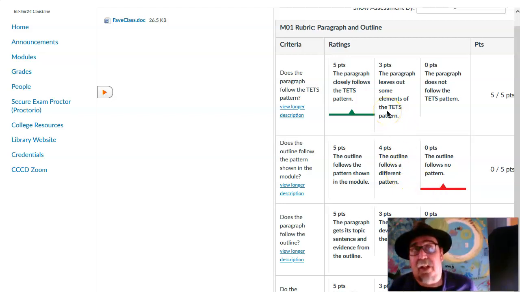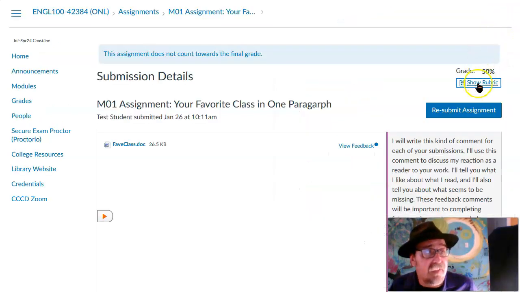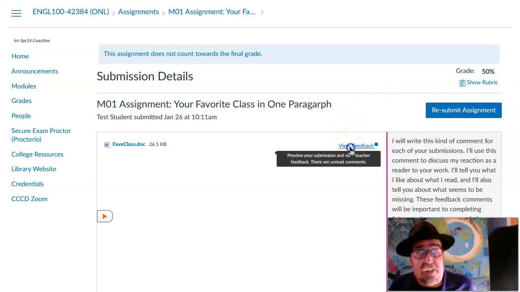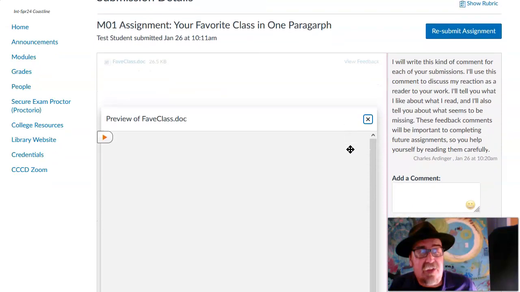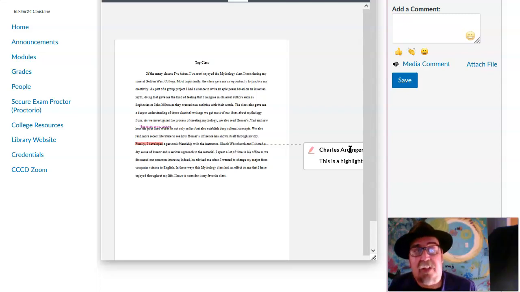Looking at this rubric can help you identify what parts of the assignment you may have missed, what parts you can focus on more for future assignments, and like that. And again, to see it, you can click this link that says Show Rubric. And finally, by clicking this link that says View Feedback, you can get to a small copy of your actual submission, which will look something like this.